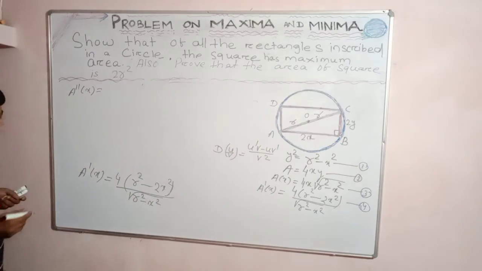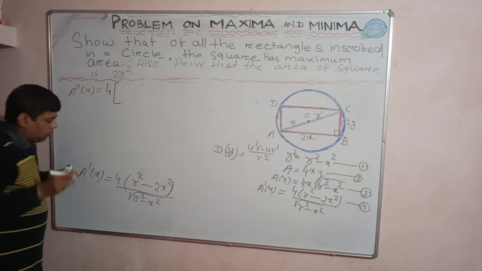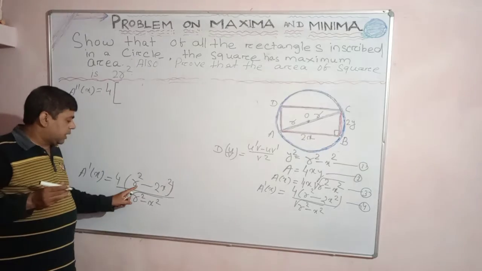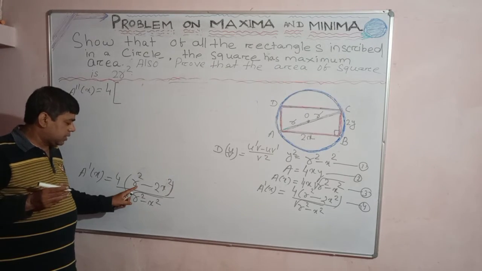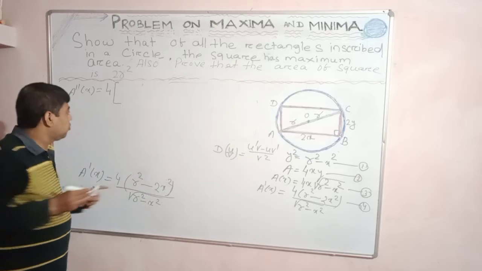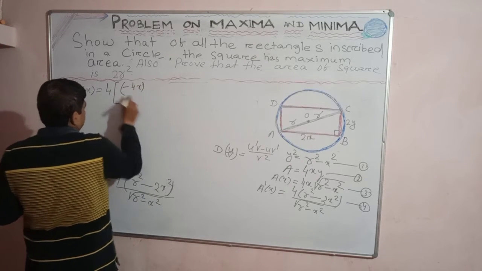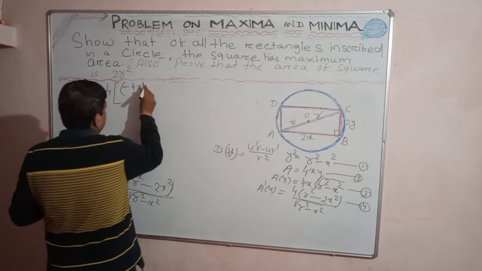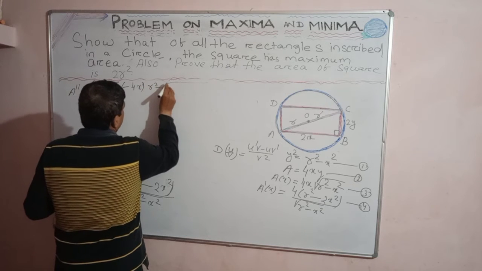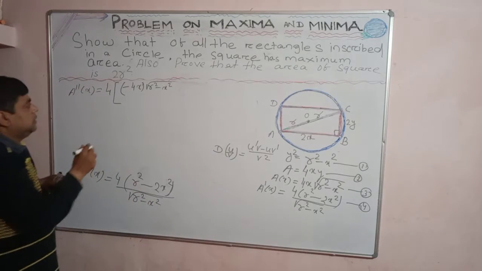Okay, now let us see. 4 being the common number, that is common. So the derivative of the numerator: here r square is a constant, so the derivative of a constant function is 0. Here the derivative of minus 2x square will be 2 times 2 is 4, so it will be minus 4x. Minus 4x into the second function, that is the square root of r square minus x square. Is it clear? Is it clear?